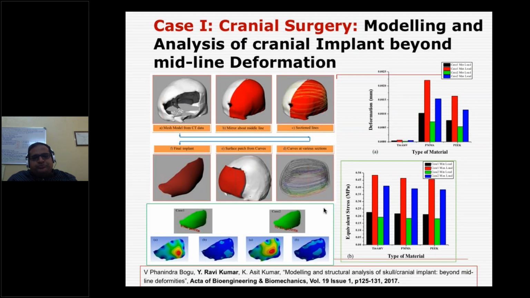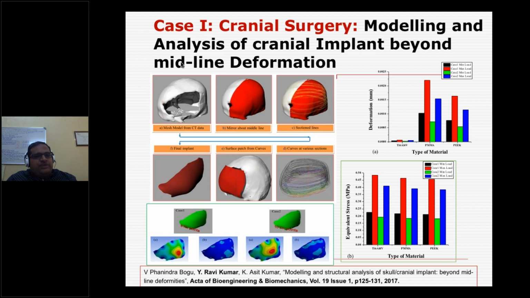And the challenge here is, if the defect is symmetric, then you have the mirroring option. But if your defect is asymmetric, say from an accident, then we cannot expect the patient to break his skull bone in a symmetric fashion. That does not happen, right?